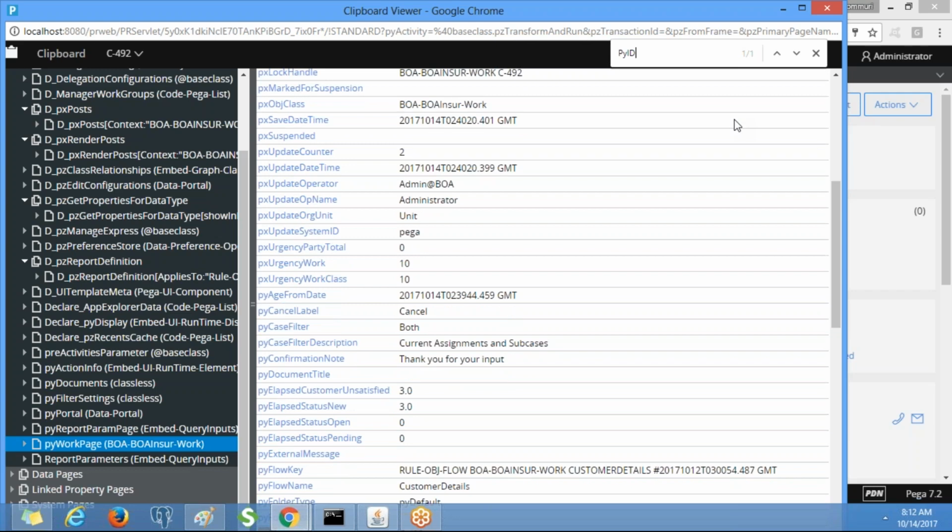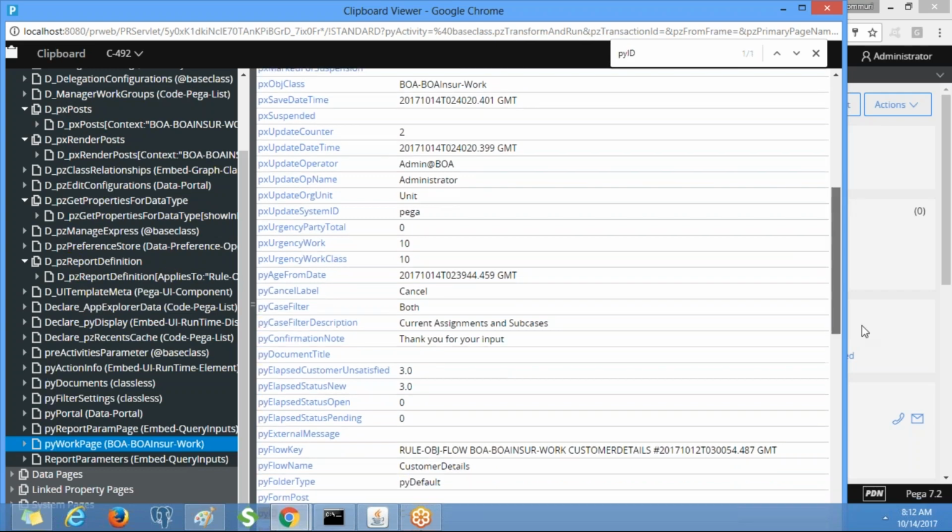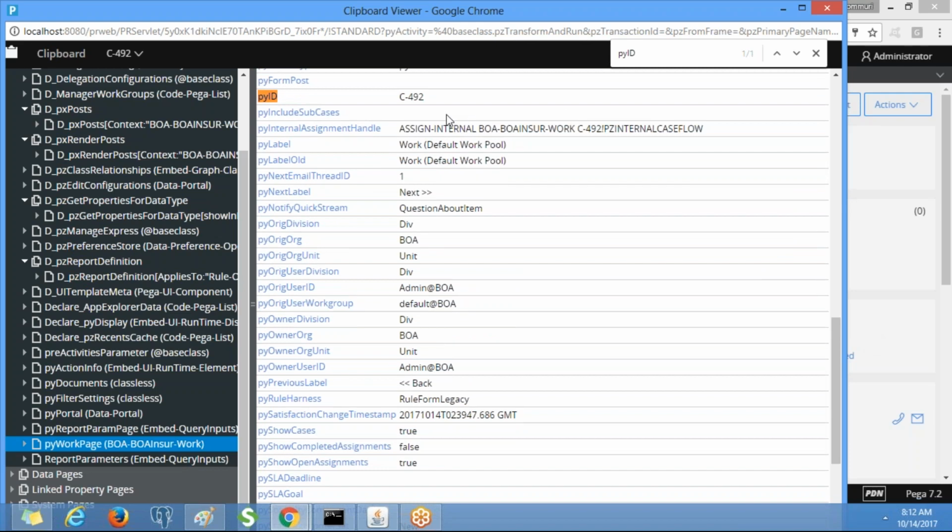What work object ID was created? CDAS 492. So you will see CDAS 492. Yeah, that is a very good question. We can modify the data on the clipboard itself. We will see that later, while debugging.